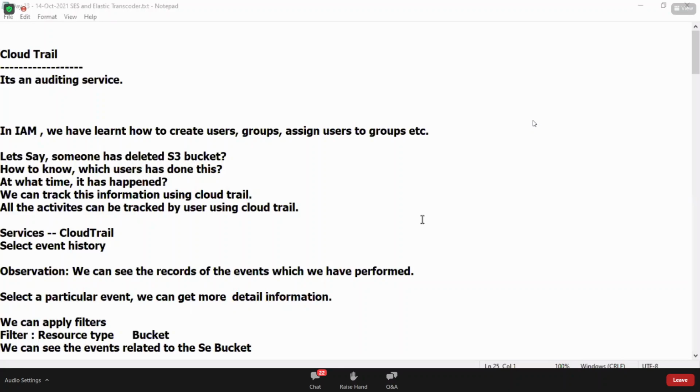No, RDS. Do you remember when we learned about RDS, creating a new database instance? In the options, it is asking you to select the VPC. In that case, we have to select our own VPC. So when you select your own VPC, it will ask you which subnet you want to create it in. You need to provide the database subnet. So that's how we need to do it.